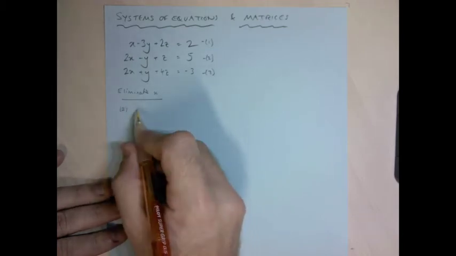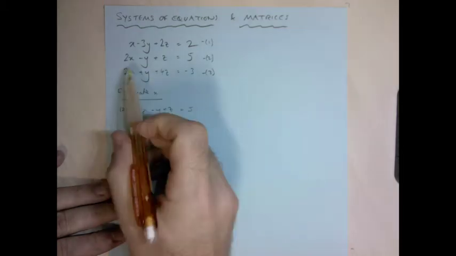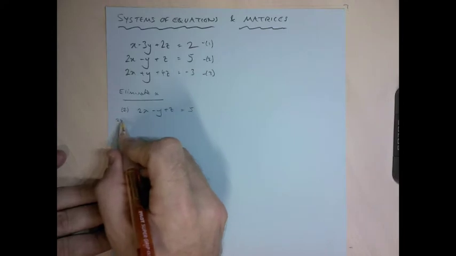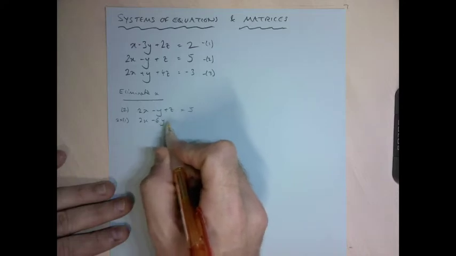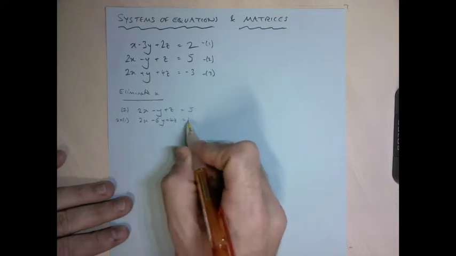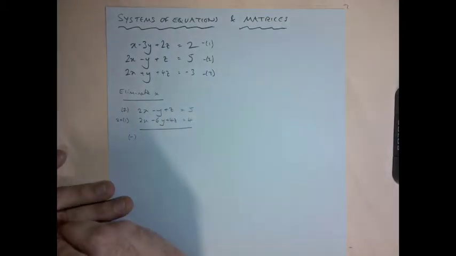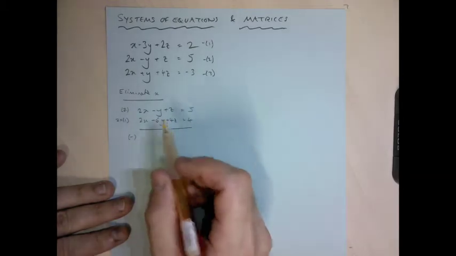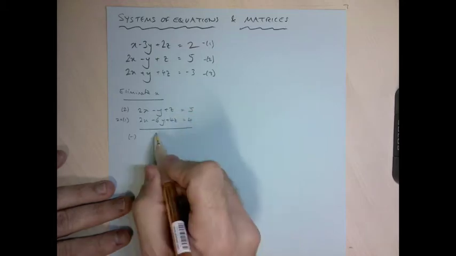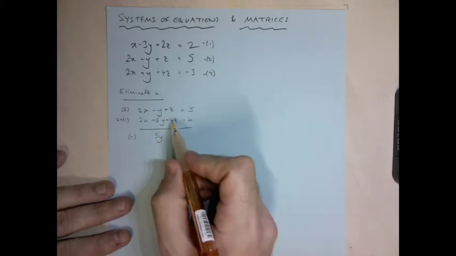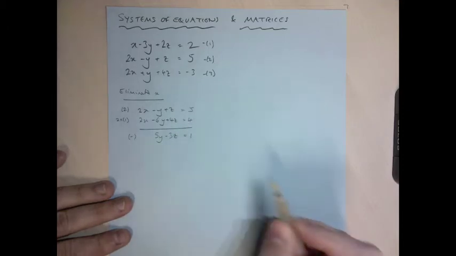I'm going to take equation 2, 2x minus y plus z is 5, and combine it with equation 1. I want two lots of equation 1, which is 2x minus 6y plus 4z is equal to 4. To eliminate the x's from these, I'm going to subtract. So 2x minus 2x disappears, that's what I'm trying to do. Minus 1 minus minus 6 is 5y. z minus 4z is minus 3z. 5 minus 4 is 1. Okay, so I've got